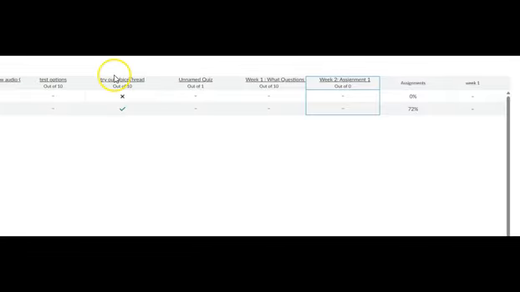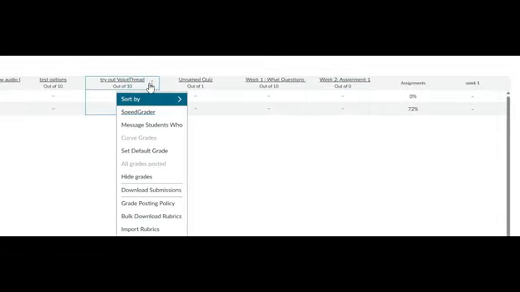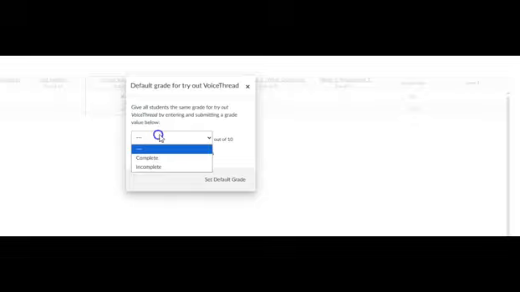If you have an assignment that has been auto-populated with an incomplete for a grade of complete/incomplete, we'll follow the same process. Click on the kebab menu or the three vertical dots and select Set Default Grade. From here, select the dashes from the drop-down menu and select Overwrite Already Entered Grades. Click Set Default Grade,